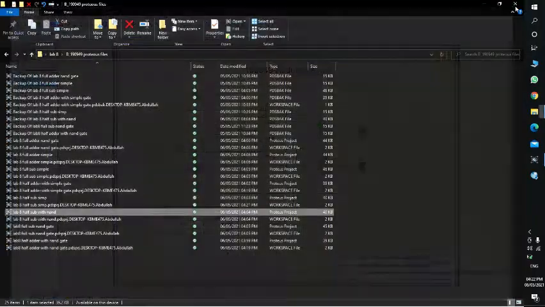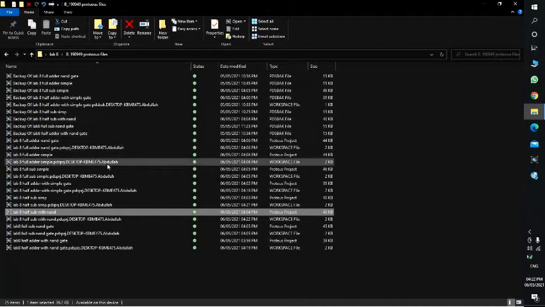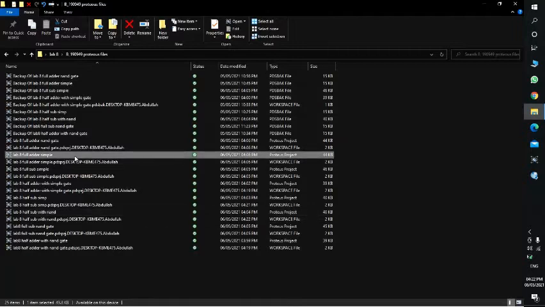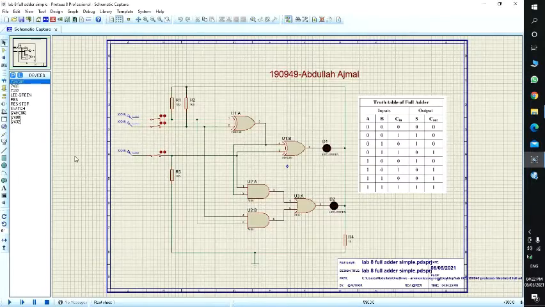Now let's move towards the next circuit. So for the following circuits, we have full adder and full subtractor circuits. Now let us move towards full adder using simple gates. This is the full adder using simple gates. This upper one is for our carry bit, and the two bottom ones are A and B. So for everything 0 0 0, we should have 0 0 output.